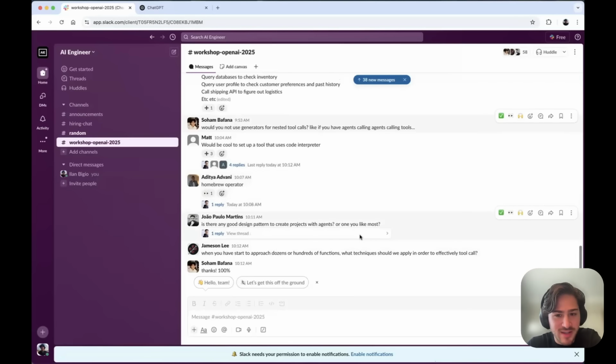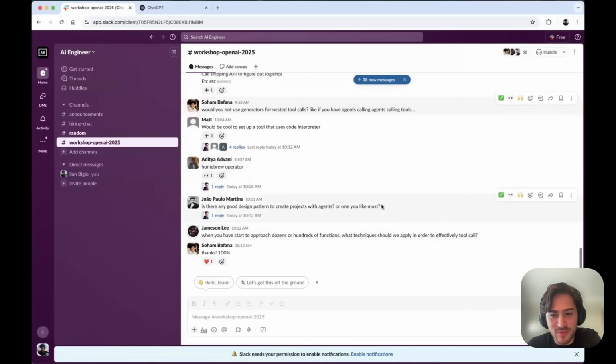There's a million. I like prototyping with Swarm. I know Pydantic AI is also a really nice one. I think Sam's there in the room or around. I don't really use any myself, mostly because, like you saw, it's pretty simple to implement your own loop. So that's what I end up doing.